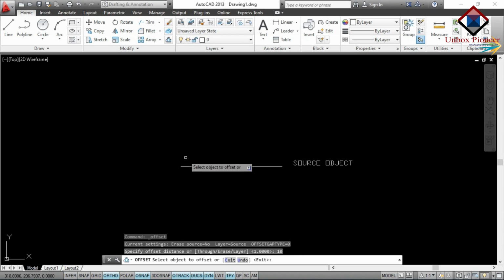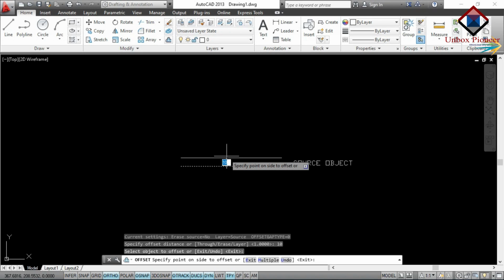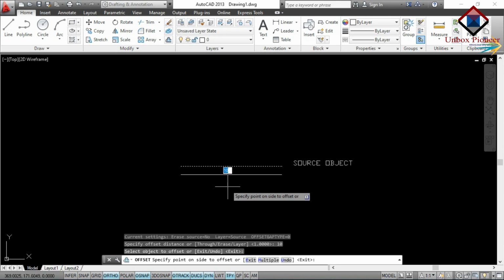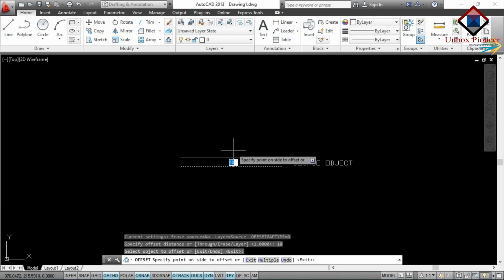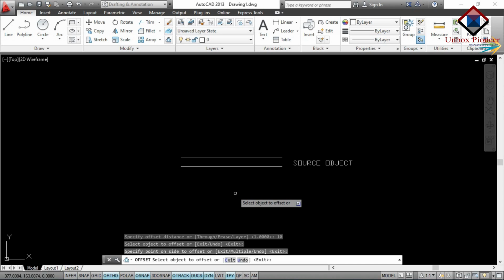Then select the object to offset. After that, specify a point on which side you want to offset. I want this side to be offset. Then release the command by pressing the ESC button.